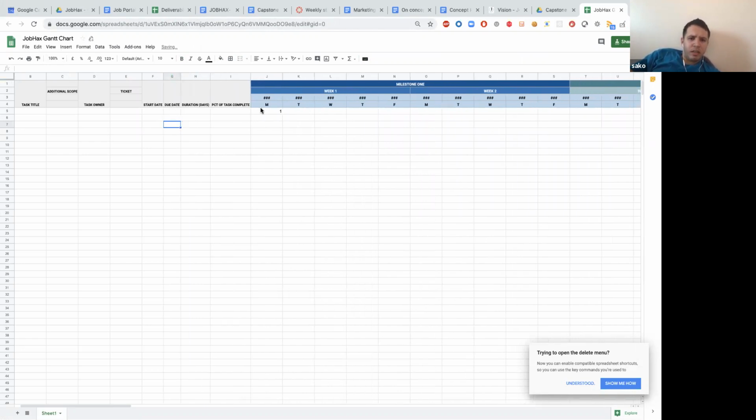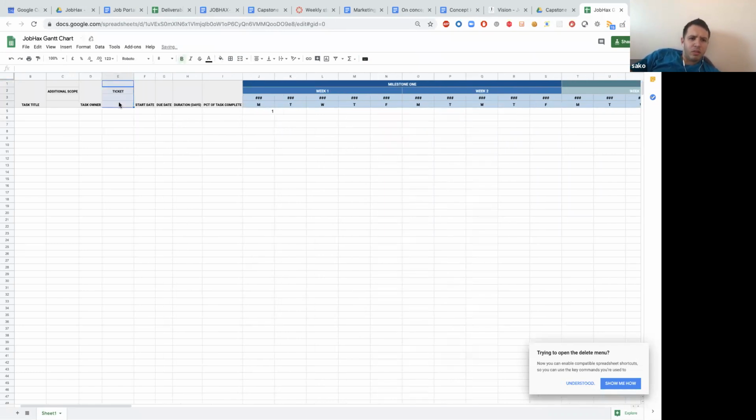Start date, end date, week 1, milestone 1, additional task. We don't need the ticket or PR maybe. Pull request, if any. Task title, task owner.